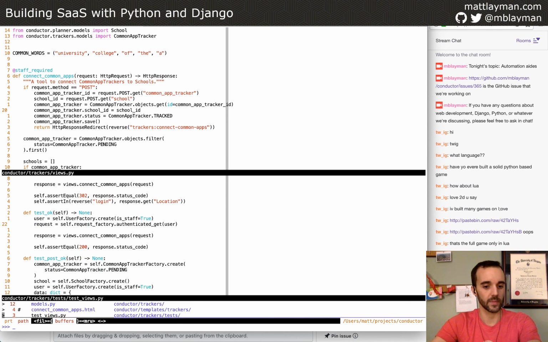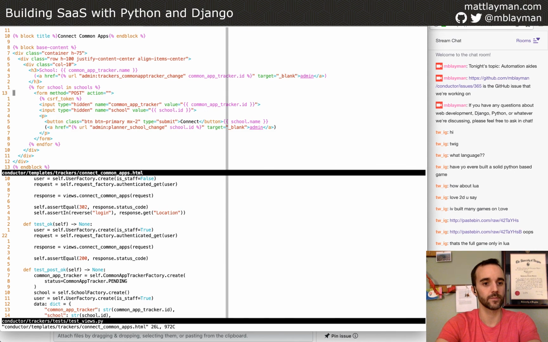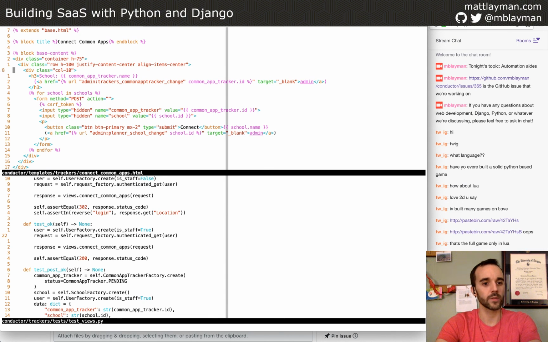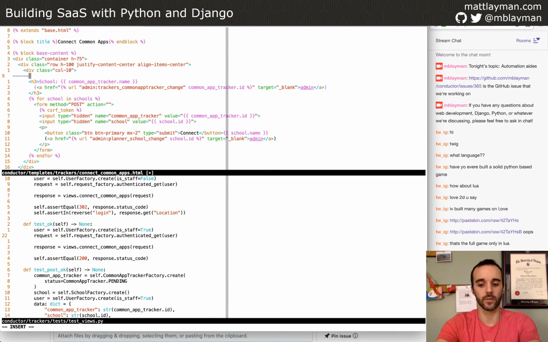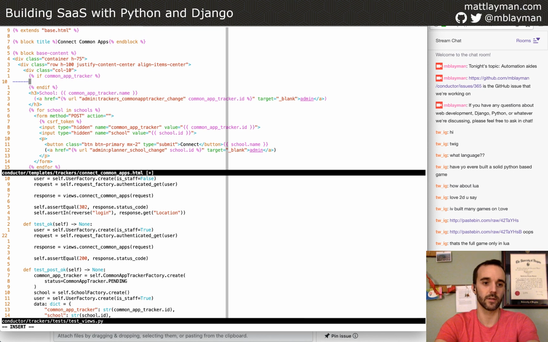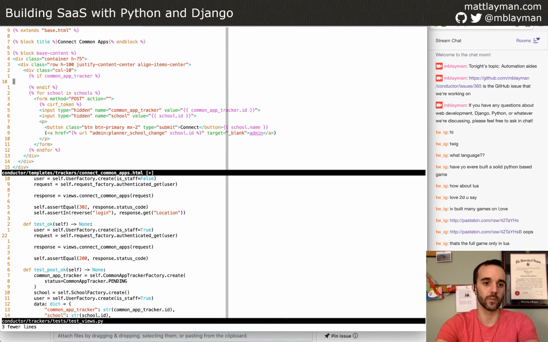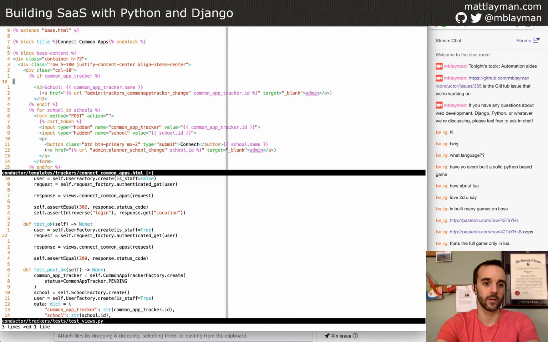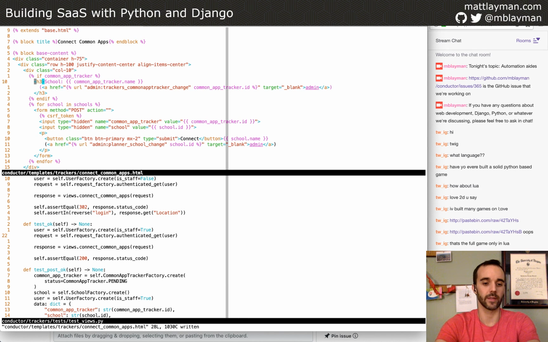So let's fix it for posterity's sake. We only want to display the school's tracker if we have one. So by adding this here and moving that like so, I think that should fix that test.